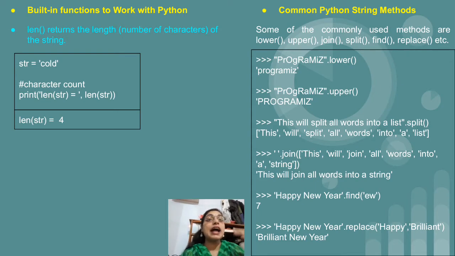After that we have seen iterating. Iterating means visiting each and every character. With the help of a for loop we take one character at a time inside the for loop variable, and then we can make use of a conditional statement or simply display the sentence. That we have seen. Then we have seen the membership operators, that is in and not in, then the length function, and the last one is methods. We have lower, upper, split, join, and find, replace. These methods are there in string.